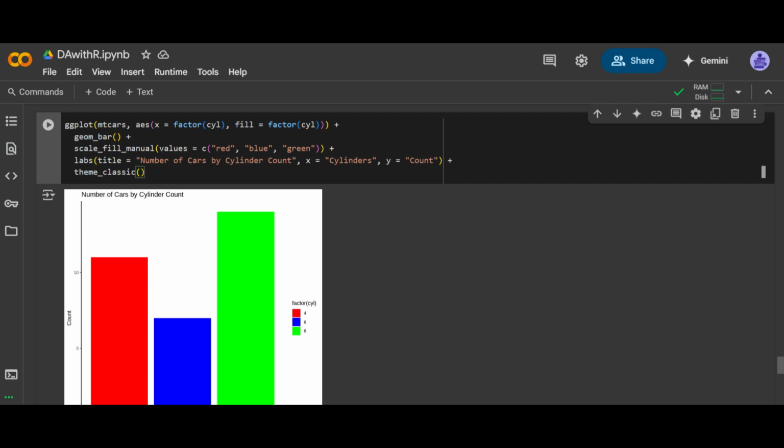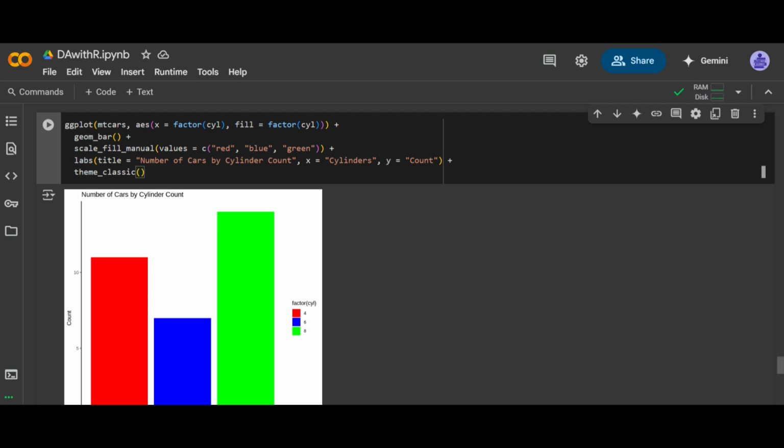In the next example, what we are doing is modifying the colors of points, of bars, and background. Colors can highlight important information and make charts more readable. In this example, we are changing colors in a bar chart. The fill equals factor CYL fills the bars with different colors based on their cylinder count.